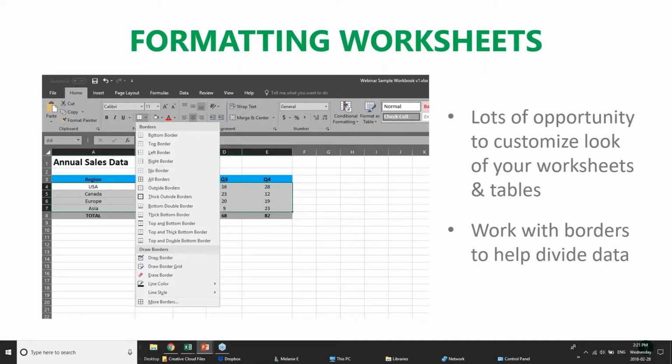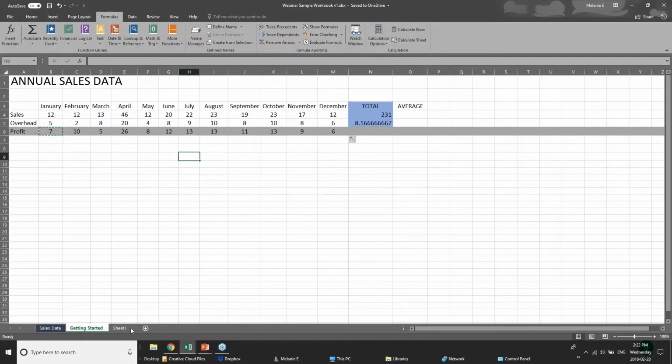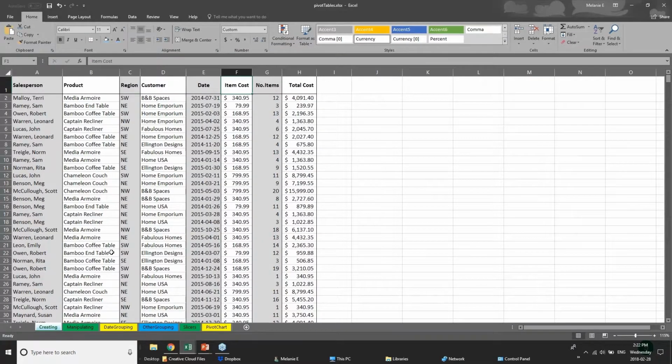Once you've put a worksheet together, if it's not very much data, it's kind of easy to look at, I guess. But if you are working with lots of data and lots of rows and lots of columns, it's really hard on the eyes, especially if your information is not formatted well. So Microsoft has lots of capabilities. Let me just go here to another spreadsheet. Here's one. Now this one has